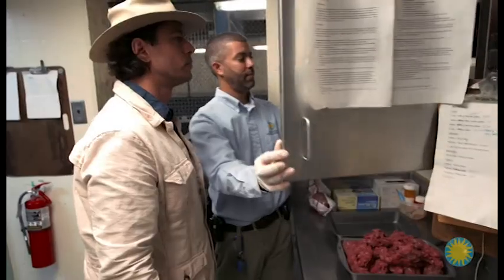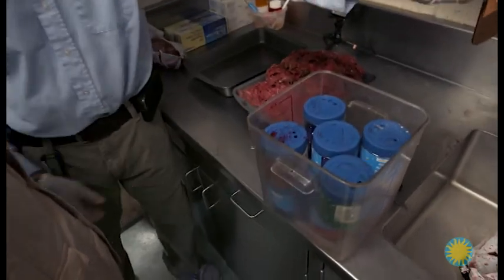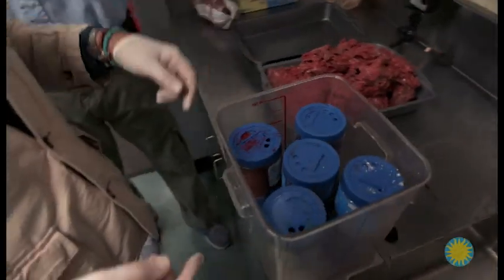Once each lion's daily portion of meat is weighed, Craig does something to it I wasn't expecting. We put glitter in. I was gonna say, that looks like glitter. Glitter does not get digested by the cats, so it...